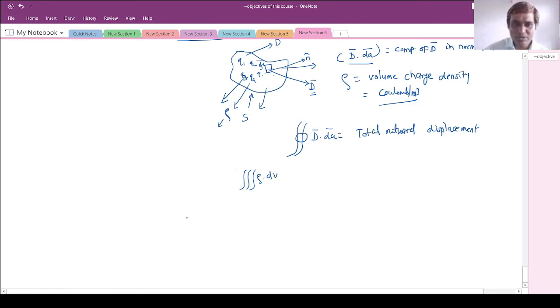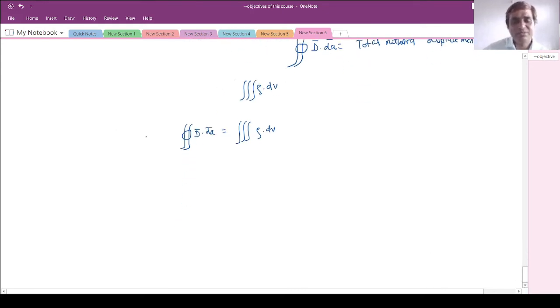So what can be done? The total outward displacement through the closed surface, which will be D bar dot dA, should be equal to the total charge present inside the volume dV. Okay, so now if I look at the left and right side, this is not at all compatible. So what I'll do is use the divergence theorem. What is the use of the divergence theorem? It is able to convert the surface integral into a volume integral, or vice versa. Okay, so now I will use the divergence theorem